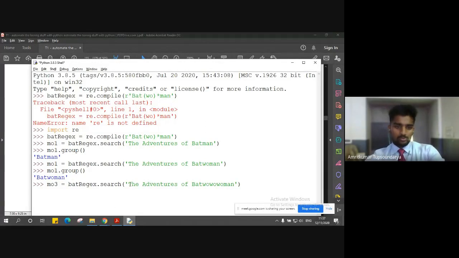So the adventures of bat, then three instances of WO, and then man. Any guesses what will be the output? Let me execute it, mo3.group. Before I hit enter, any guesses?